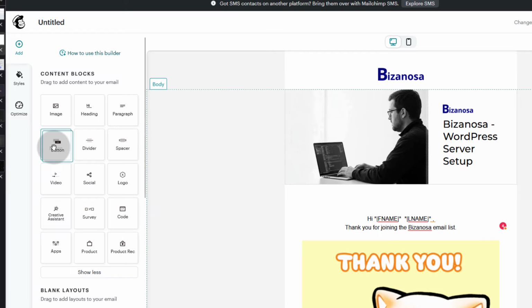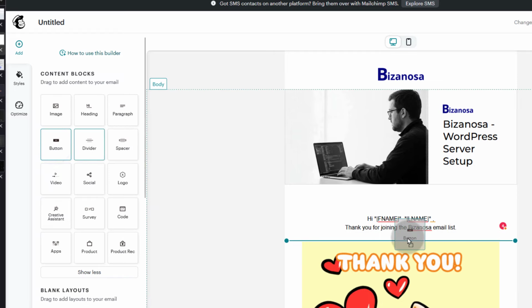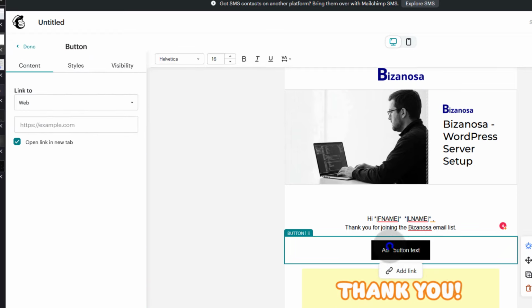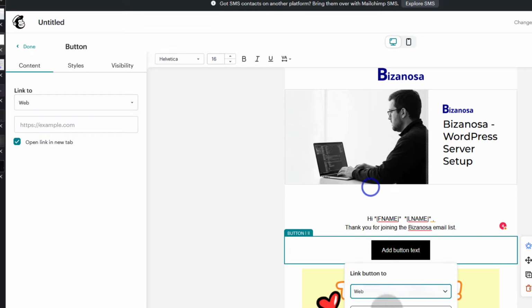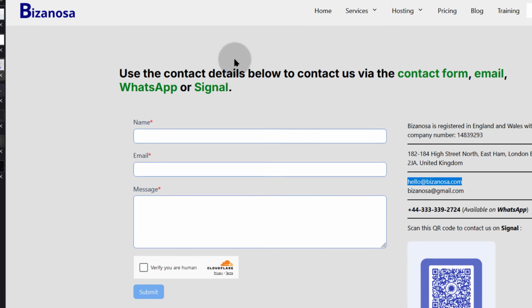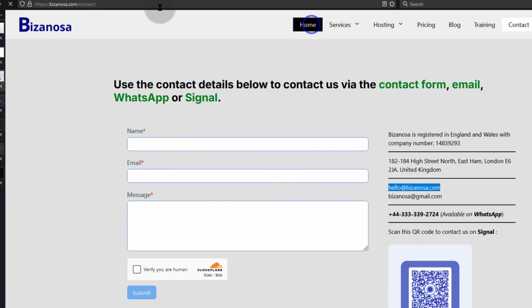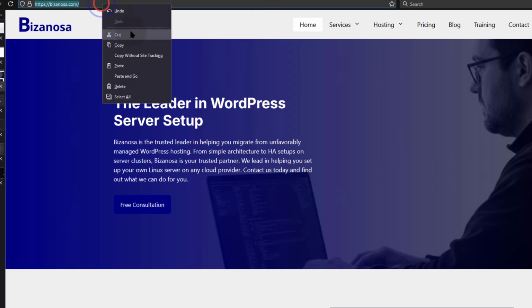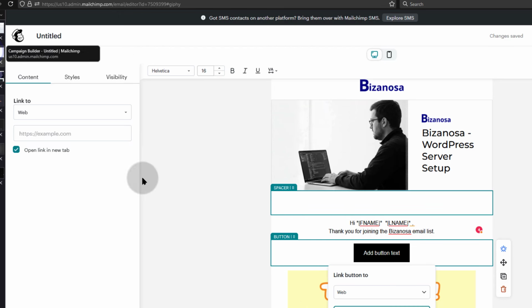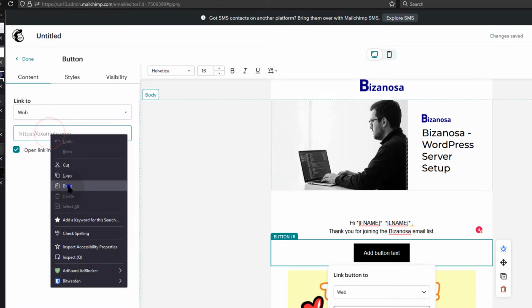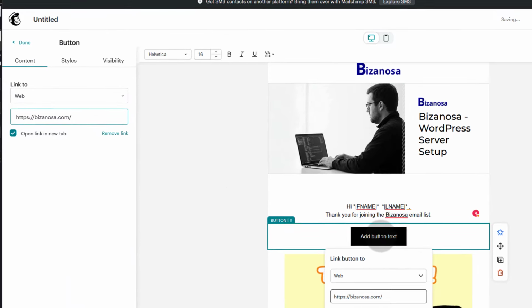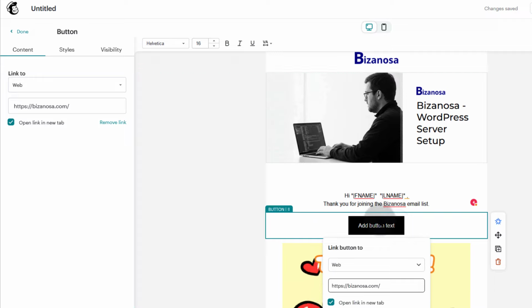As well, I can add a button. So let's add a button there. I'll add a link. And I wish they should add a default link, maybe to your website or whatever you choose. In this case, let me use this. Paste, open in a new tab. The button as well, I can click on it and I'll say